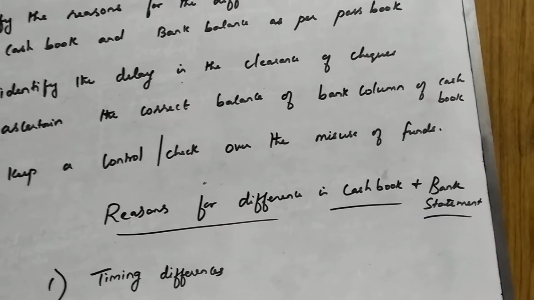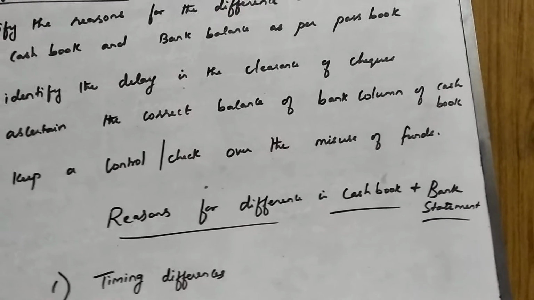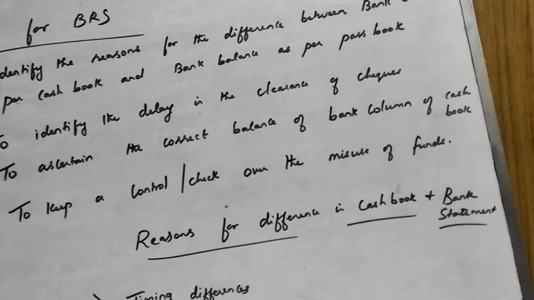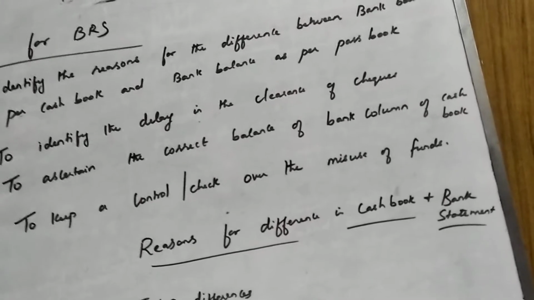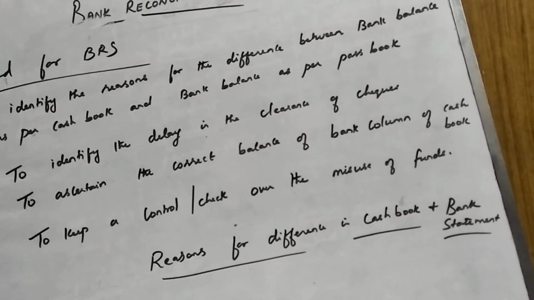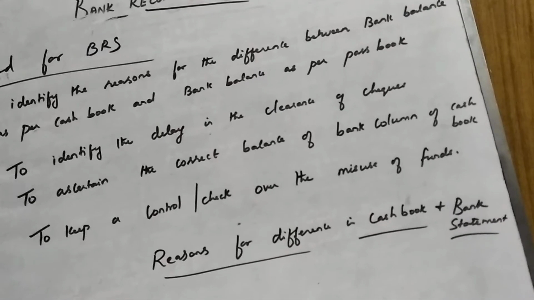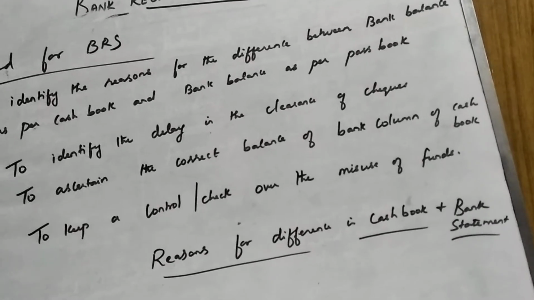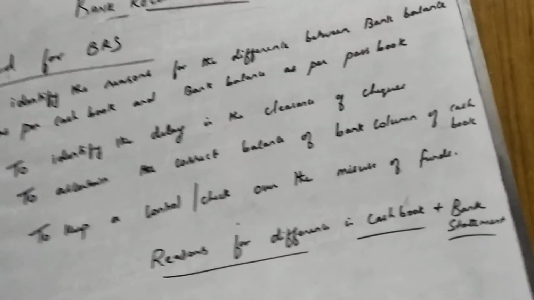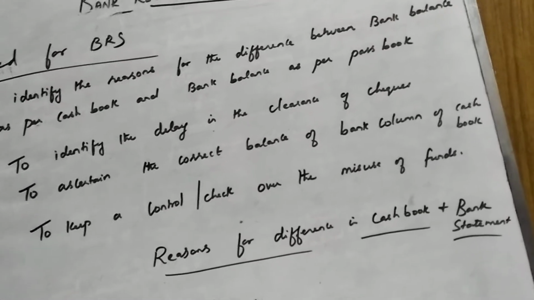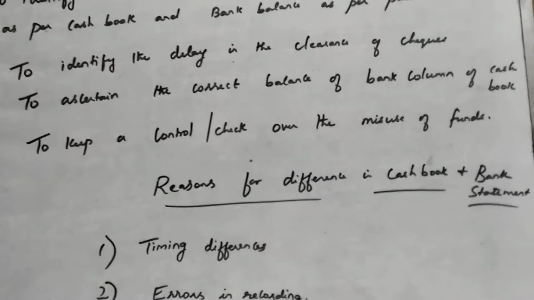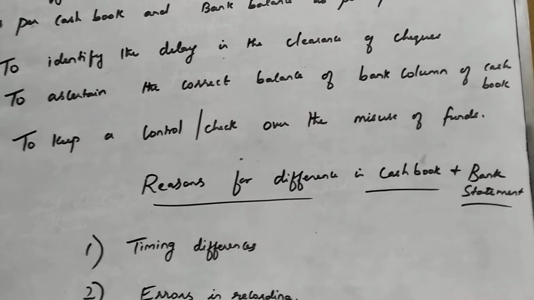And I have already recorded, when I issued the check to Mr. Ram, in my cash book on 1st of February. But Mr. Ram has presented the check with his bank only on 1st of March. And it took again 1 or 2 days for the amount to be transferred from my account to Mr. Ram's account. So there is a time gap again. This is one of the reasons.